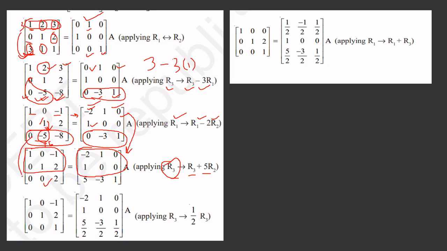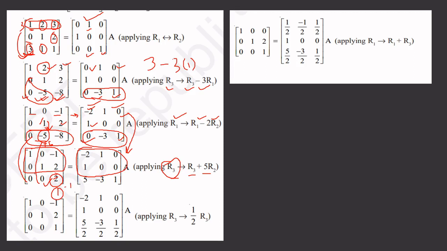There we can get 0, and minus 5 plus 5 is 0, and minus 8 plus 10 we can get plus 2. Okay, and we have to change like this: 0 plus 5 is 5, and minus 3 plus 0 is minus 3, no change in it, and 1 plus 0 is 1. Now we have to make this 2 into 1 and then subtract with 1 and get the 0.